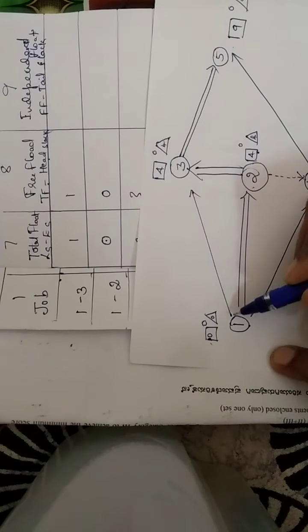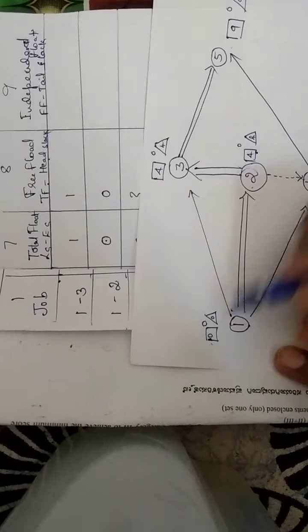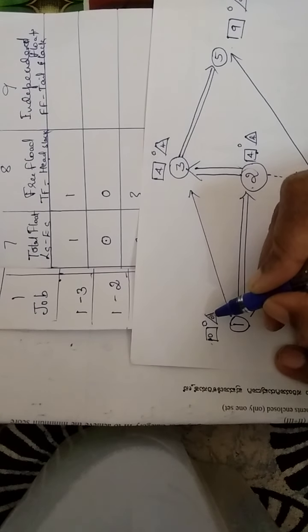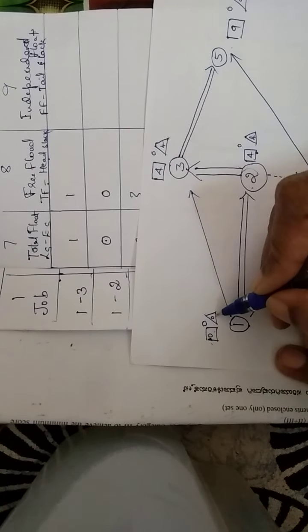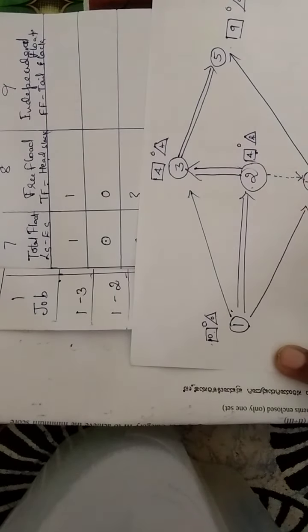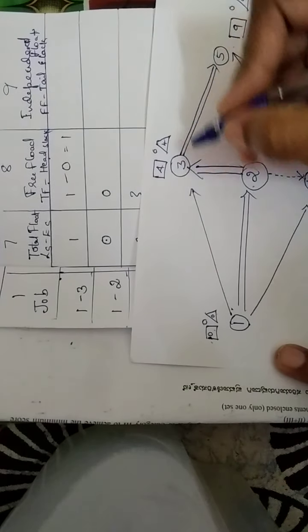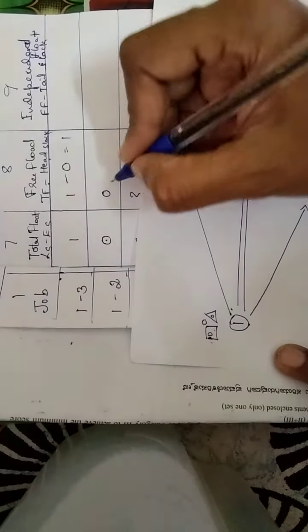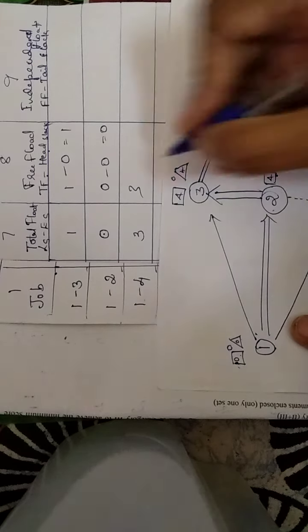Now if you take into consideration the first one, that is 1 to 3, the head event slack is nothing but the difference between the numbers which are written within the rectangular box and the triangle. So for 1 to 3 we have to take the head event slack, so 1 minus 0 is 1. Now 1 to 2 the head event slack is 0. Now 1 to 4 the head event slack is 1, so you get 2 here.